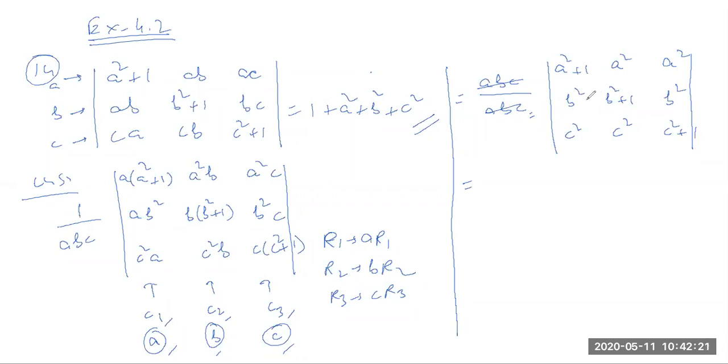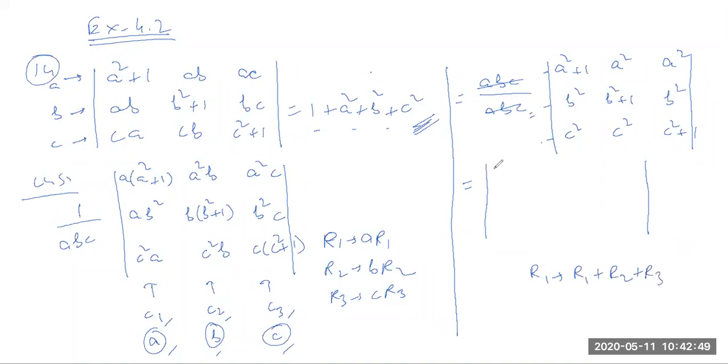And what can we do? It is clear to you what we need to do, because we should get the term of 1 plus A square plus B square plus C square. So you can see that if you add these three rows, अगर हम लोग ये तीनों rows R1, R2, R3 को add कर देंगे, so we'll get the term of 1 plus A square plus B square plus C square. So do the same thing. We'll replace R1 by R1 plus R2 plus R3.